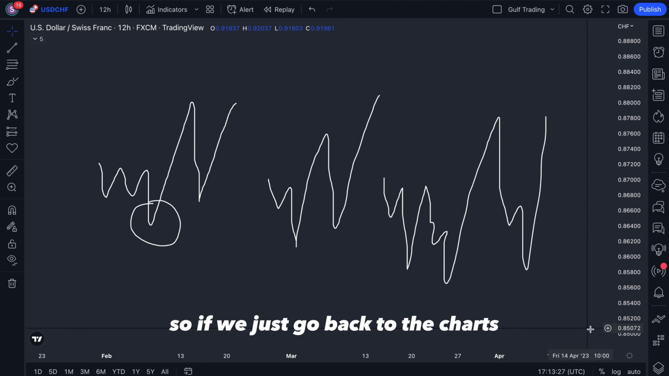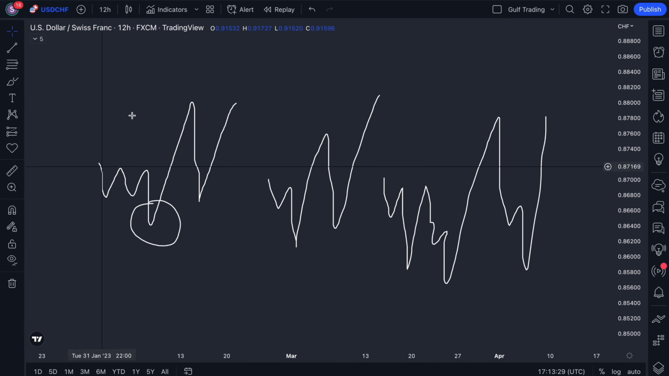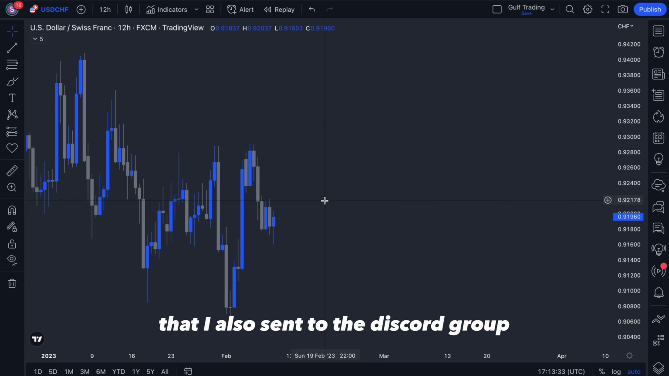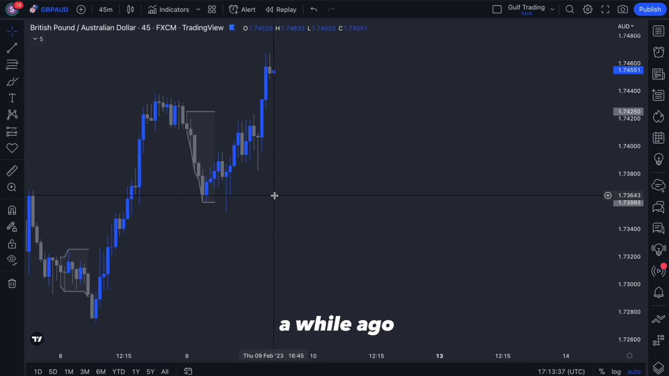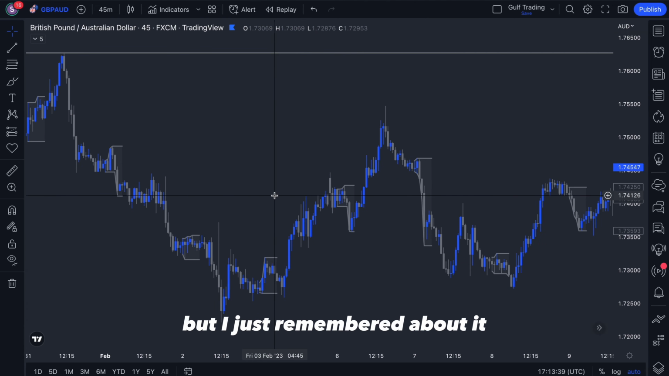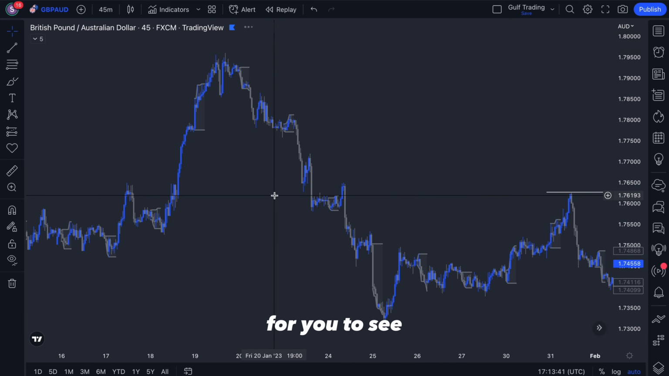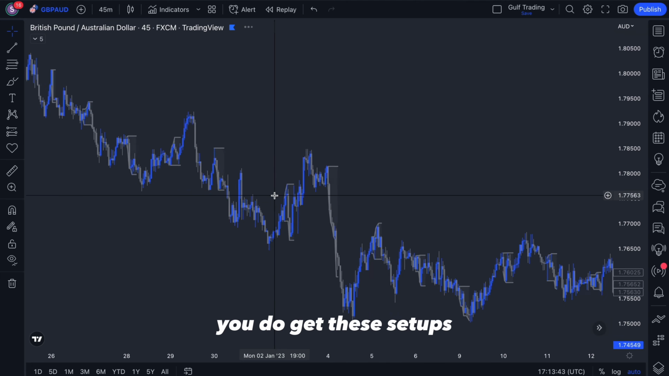So we'll just go back into the charts, and I'm actually going to show you a setup that looks exactly like this, that I also sent to the Discord group. It was on the 45-minute time frame, and it was on GBP a while ago, but I just remembered about it, and I think it's good for you to see that sometimes you do get these setups. And so over here,